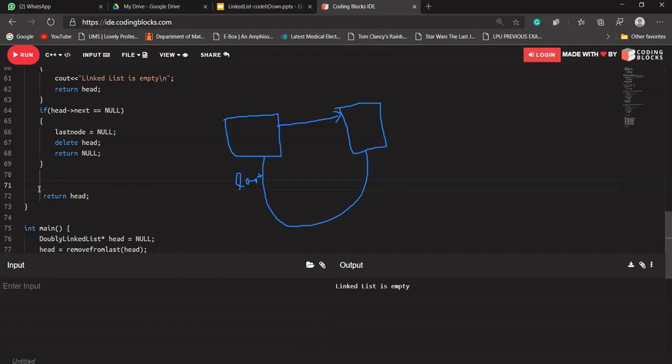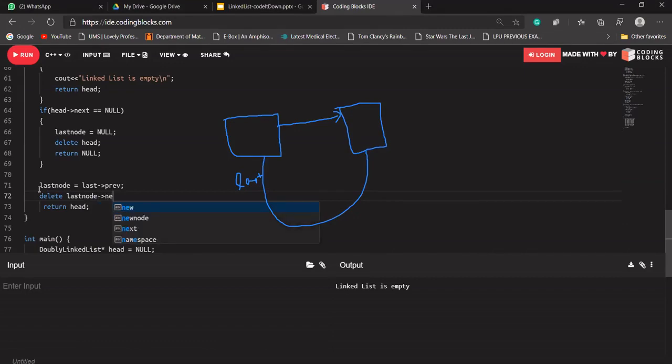Okay, let's do what Shay is saying, that last node is equal to last node's previous, and we should be deleting last node's next. Ashish, you are asking this. I hope it is clear with you also. If you are facing any doubt, please do ask so that I can explain again. So last node's next is equal to null.